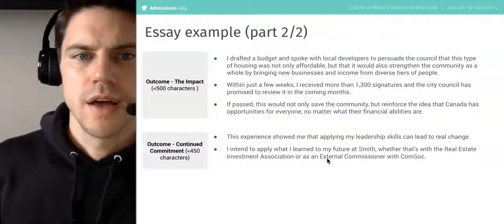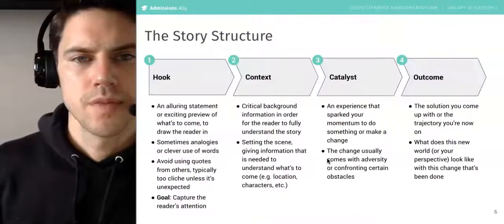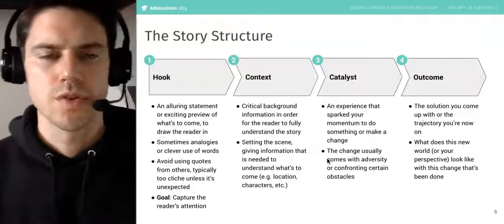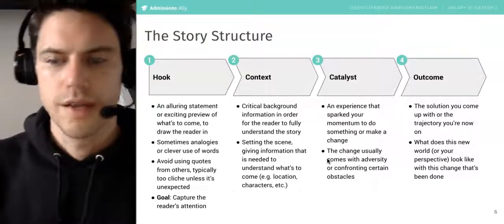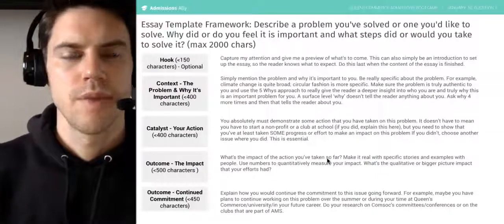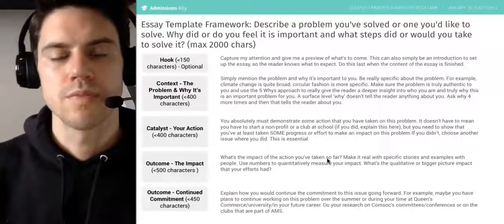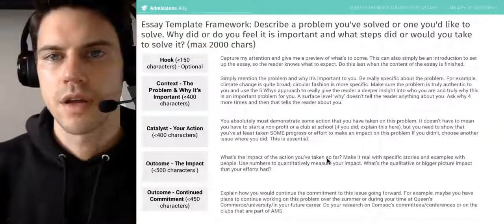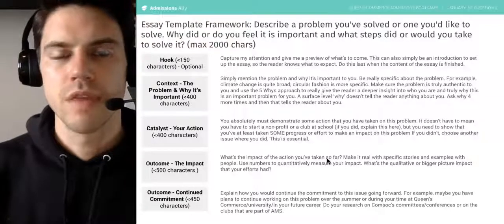So that's it. If you have any questions, and you're working with a coach, draw those to the coach. If not, best of luck with this essay, and best of luck working on solving this problem in your community with innovative and unique approaches.